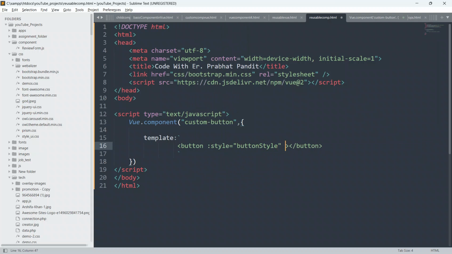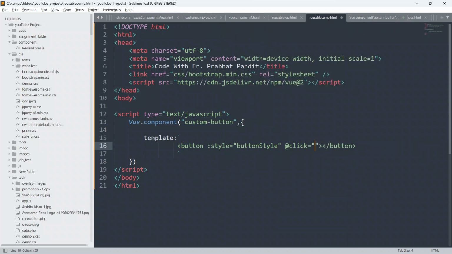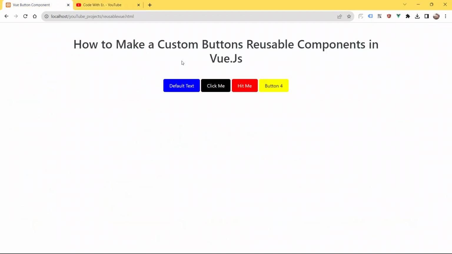And guys, on click, whenever a user is going to click this button, then we will run an event also. Like here in the example, let me go to the example. As soon as I click the button, an event is going to happen. As you can see here, the moment you click the button, you get an alert. So click OK.